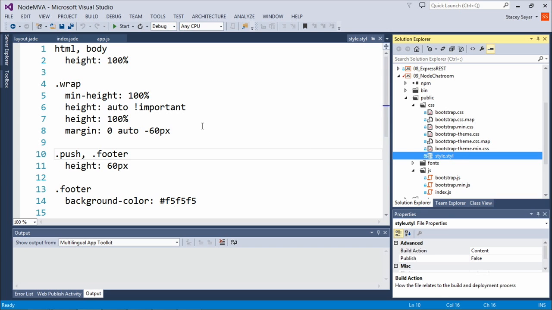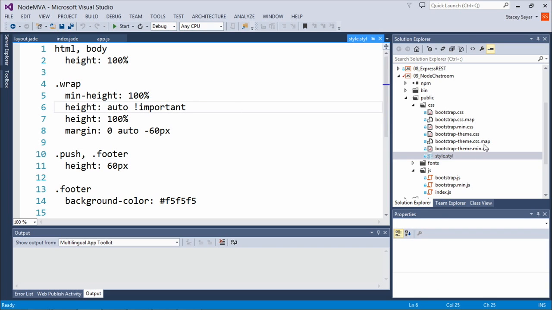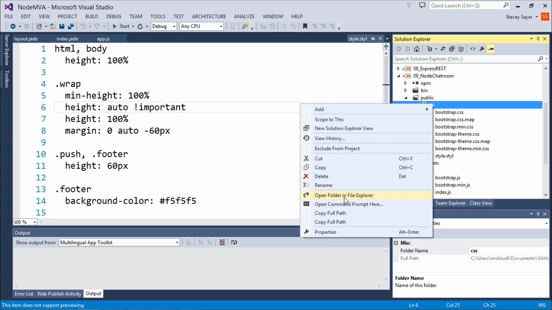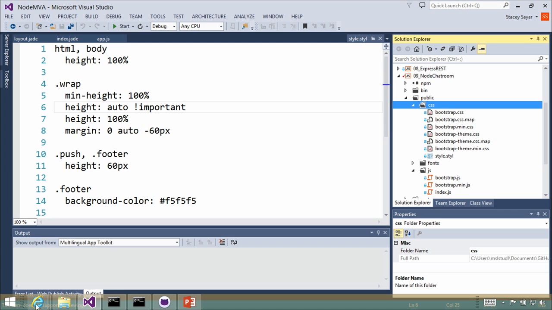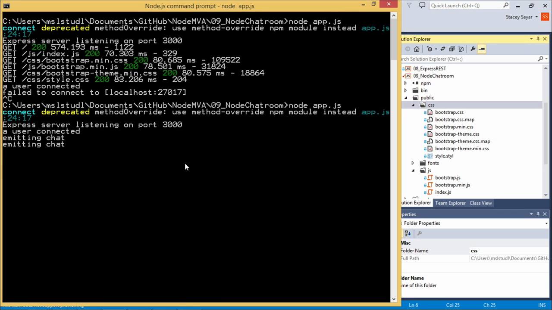Stylus is one of them that's super minimal. It's very much like Jade. It's almost extremely similar to Jade. It just drops a lot of the tags, drops a lot of the things, makes things a lot cleaner. So here's an example of Stylus, and just to prove to you that the Node preprocessor is actually compiling it to .css, I'm going to open this folder just to show you node.css here. But the minute that I run this Node app,